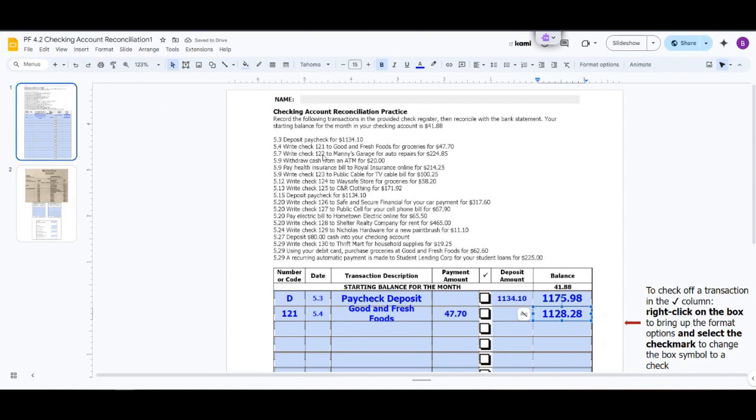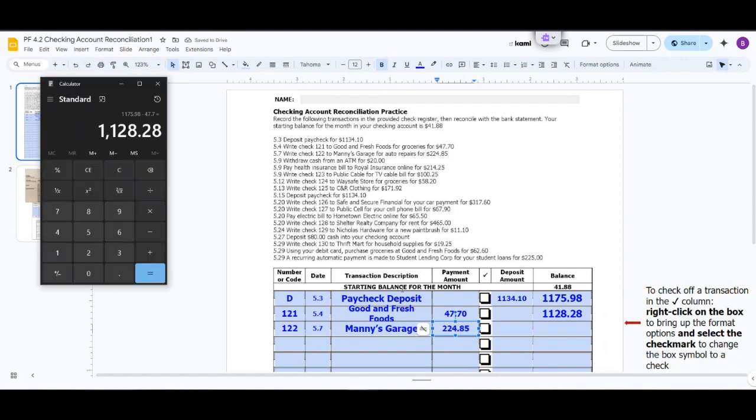Next transaction, I write check 122 to Manny's Garage for $224.85 on the 7th. So check 122 on the 7th to Manny's Garage for $224.85. So again, that's a payment amount that's going to come out of our current balance, so $1128.28 minus $224.85 leaves me with $903.43,